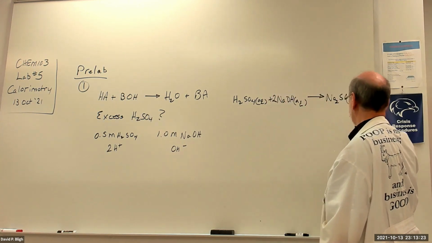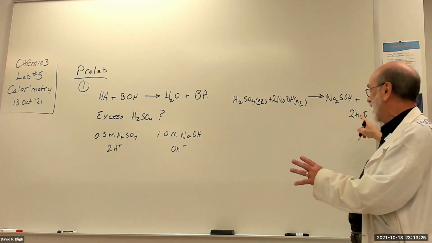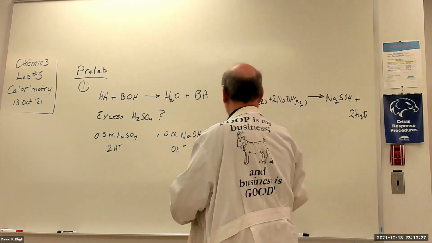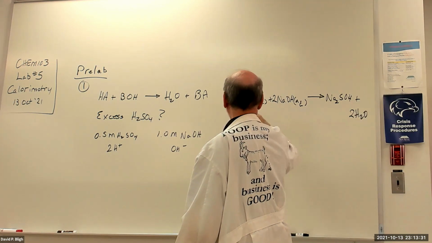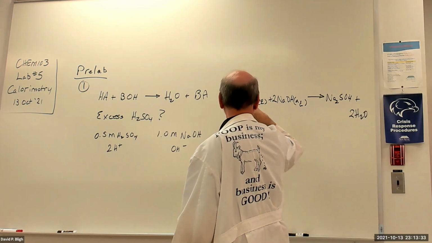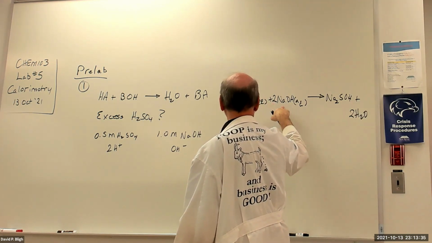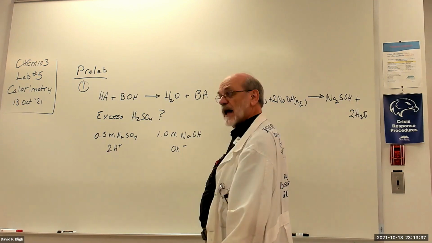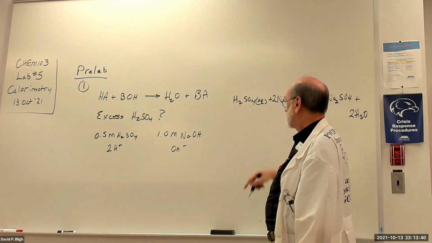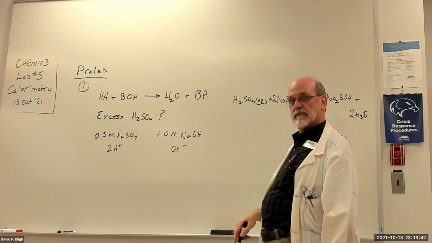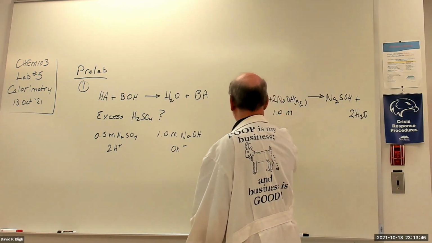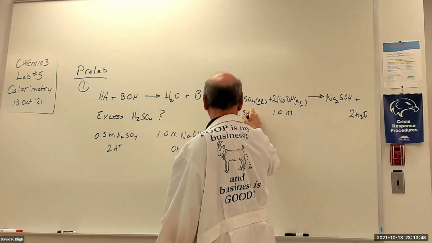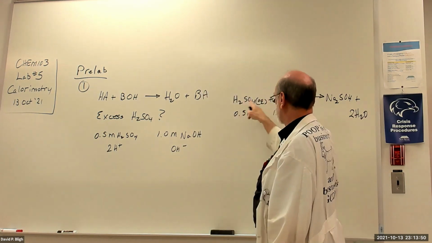So that's balanced. A stoichiometric mixture would be twice as many moles of sodium hydroxide as moles of sulfuric acid. So if this is 1.0 molar and this is a half molar, then we've taken into account the difference